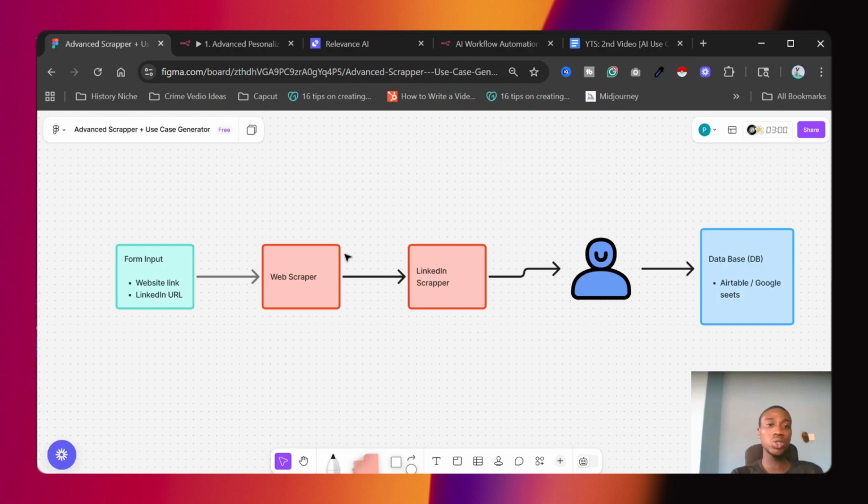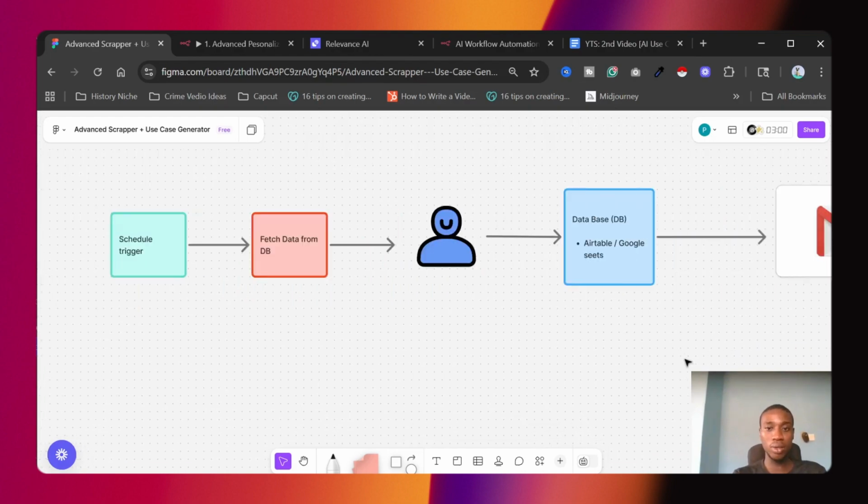We're going to build this web scraper solely on n8n, because n8n has this GET feature in the HTTP request node. I'm going to get the details that are on the website. And the third one is the LinkedIn scraper. This is where we need to use Relevance AI. We're going to clone one of the LinkedIn scrapers I built on it. So we are going to use Relevance to do that, and it's going to feed into our AI agent, and it's going to save it to our database. So basically, that's the flow. That's the wireframe for the first workflow.